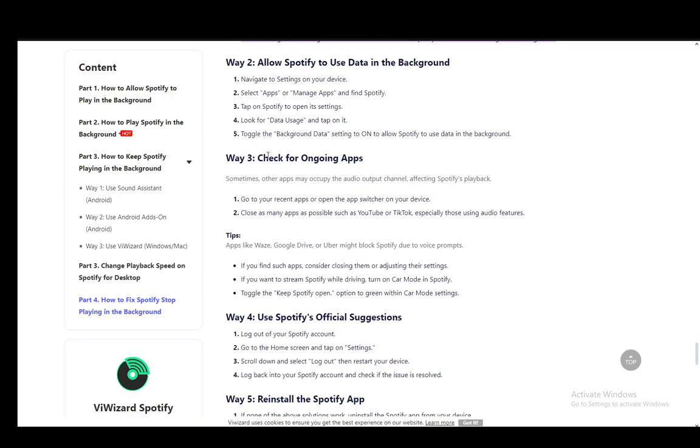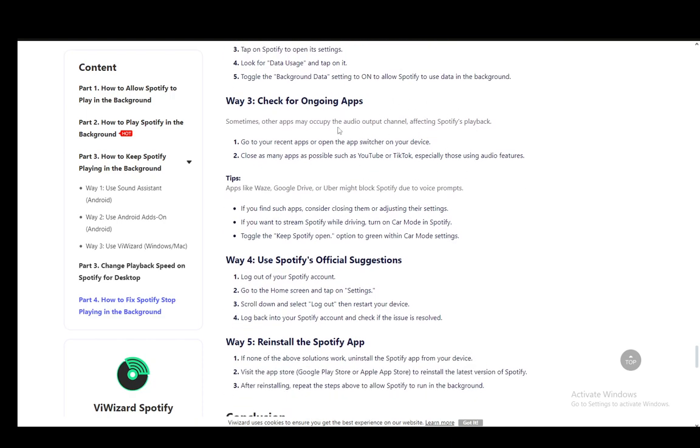Then you need to check for ongoing apps since some other apps might occupy the audio output channel. You need to go into your recent apps or open the app switcher on your device and close as many apps as possible. YouTube and TikTok and other sort of apps such as Instagram do tend to interfere, so just